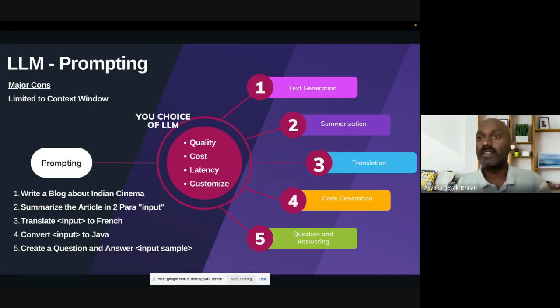You can summarize the text. You can give it two paragraphs and ask it to summarize them in a single paragraph, or you can do translation, say English to French, French to English, as well as code. You can give a sample command, and it will give you the code and question answers. There are multiple ways of doing prompting. I'm not getting into that particular topic, where you can do zero shot prompting, few shot prompting, or chain of thought, but this is a high level understanding of prompting.